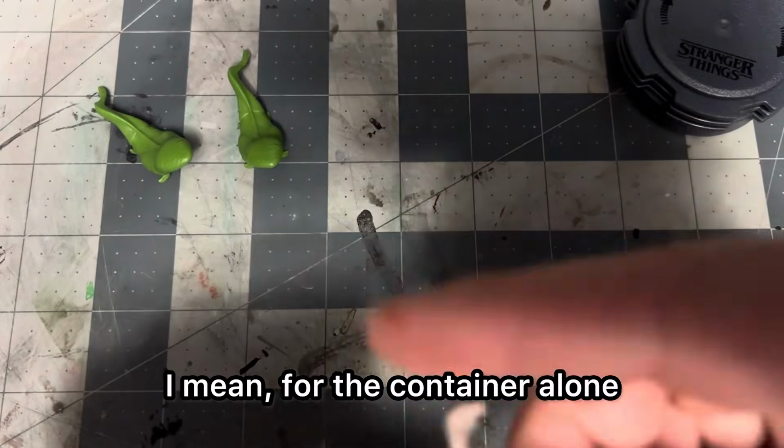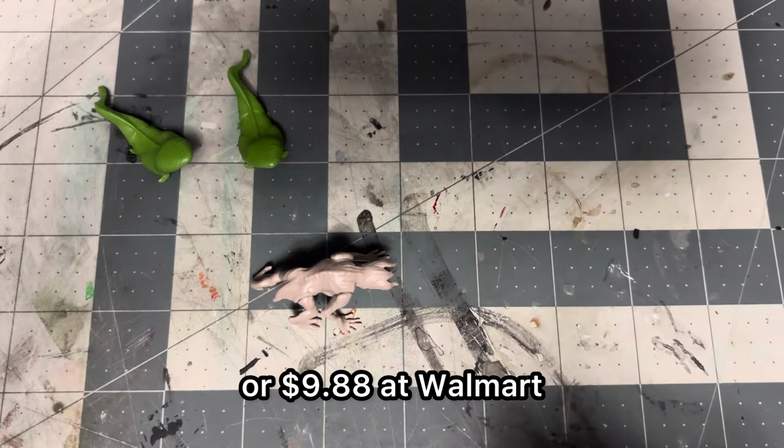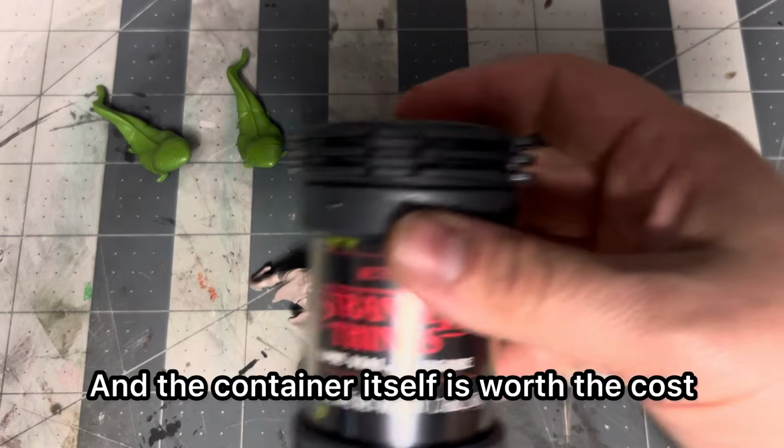So, I mean, for the container alone, the price, these are marketed at $9.99 a piece or $9.88 at Walmart, and the container itself is worth the cost. They make great world building storage containers. And speaking of world building,